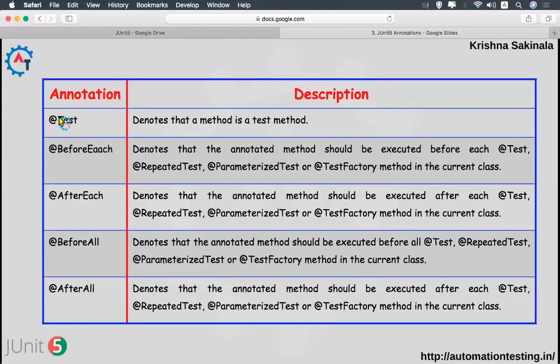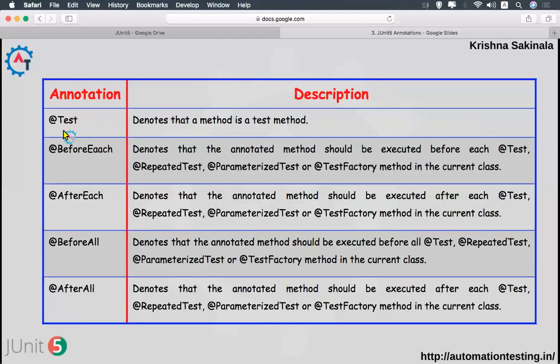Why test is important, we'll see one by one, and going forward you'll understand everything I'm talking about. Here we see only theoretically what an annotation is and its purpose. We'll discuss each and every annotation one by one in the next videos by taking some examples.